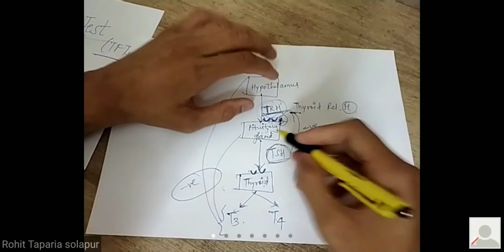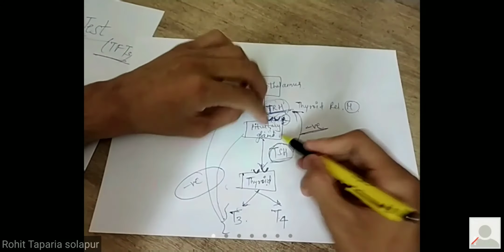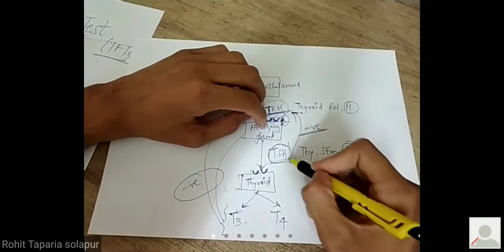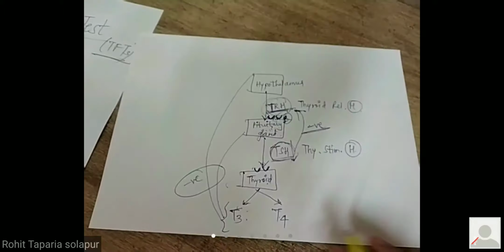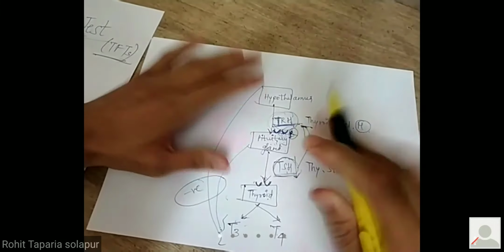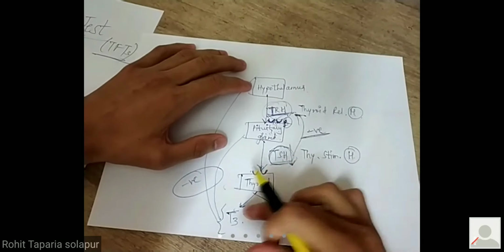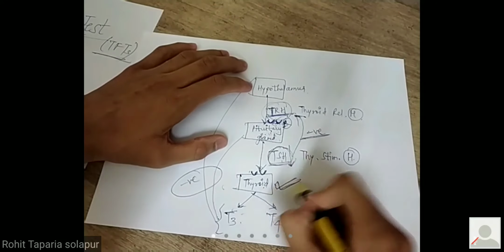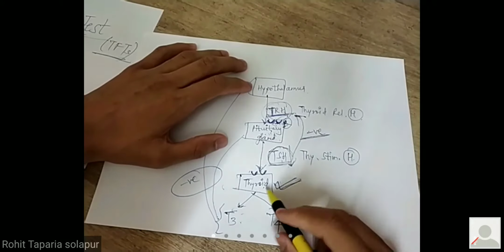So there can be n number of factors which are responsible for decreased TSH production. If this TSH level is reduced, then T3, T4 will also reduce. Okay. Now, TRH, TSH you understood. Now come to T3 and T4. Main we are discussing about thyroid. मतलब we are talking about thyroid hormones.